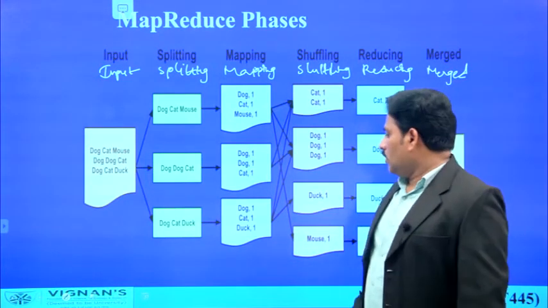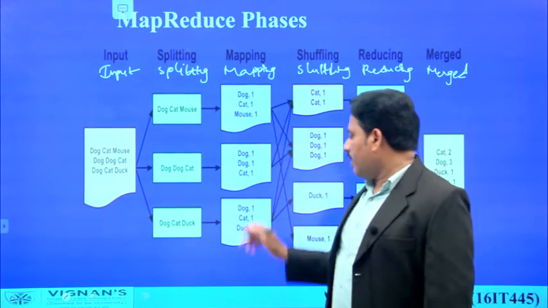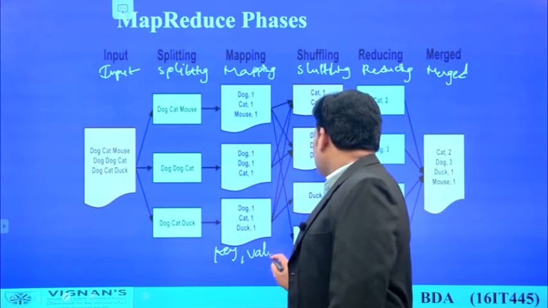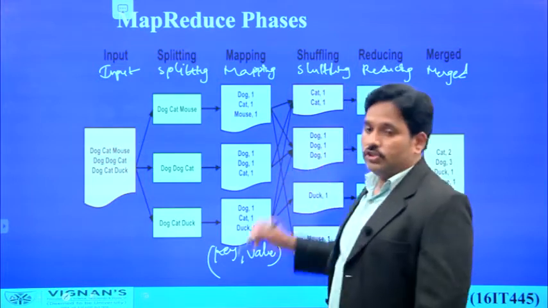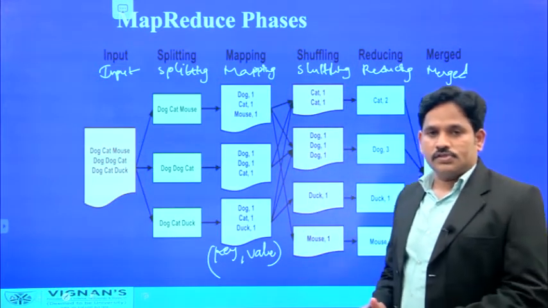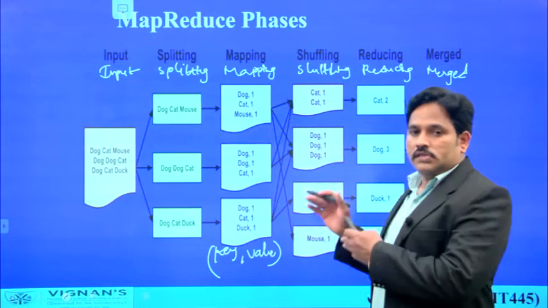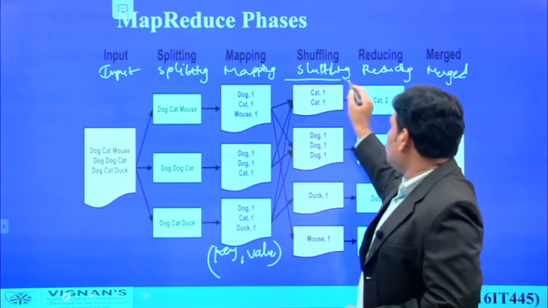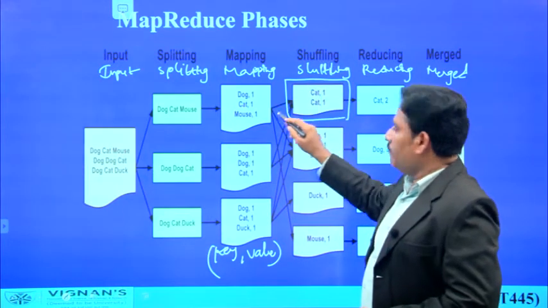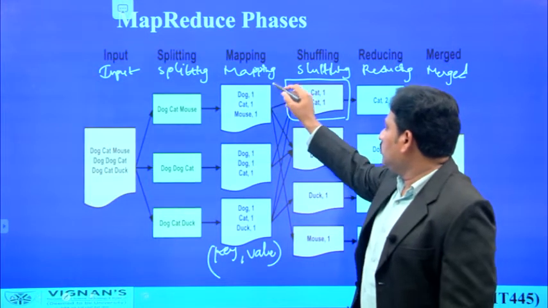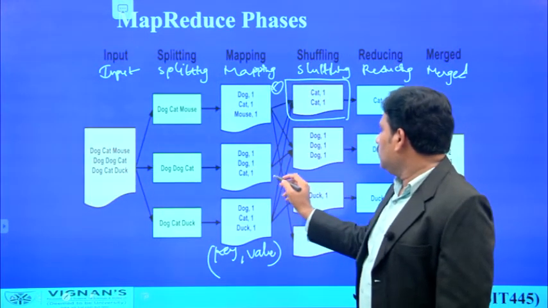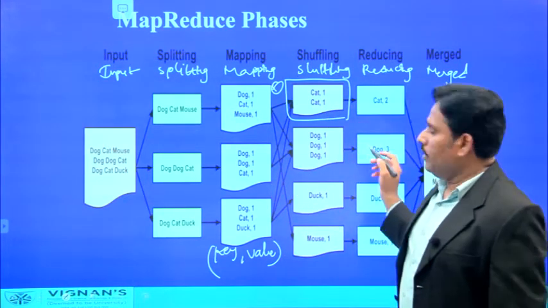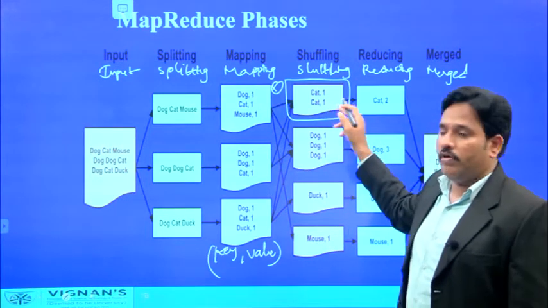Now after completion of key value pair representation by the mapper, the data will be sent to the shuffling block. Now the shuffling block will arrange or rearrange the data based on its occurrence by applying some sorting techniques. Now look here, this first block has two words, that is cat and cat. It has two incoming connections from block 1 and from this third block. What it will do is collect all the values like cat comma 1, cat comma 1.